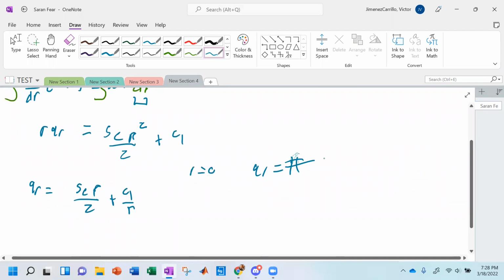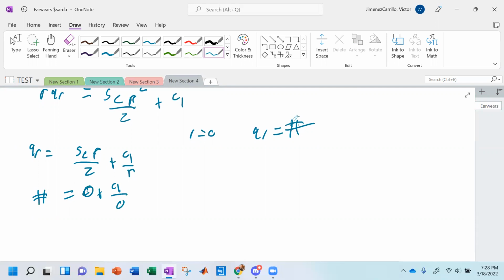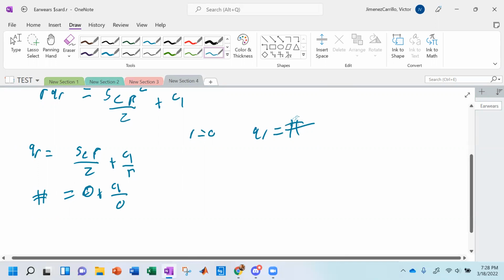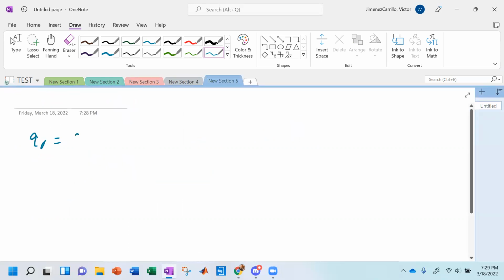Now, with that said, plug in your boundary conditions and you'll see something pretty beautiful going on. You'll get a number multiplied by 0 plus C1 over 0. Now, can C1 be anything but 0? No, because if not, it'll go to infinity, and q_r is not equal to infinity, it is equal to some solid number. So using logic and definition, C1 is equal to, say it with me now, 0. Now, q_r is equal to S e